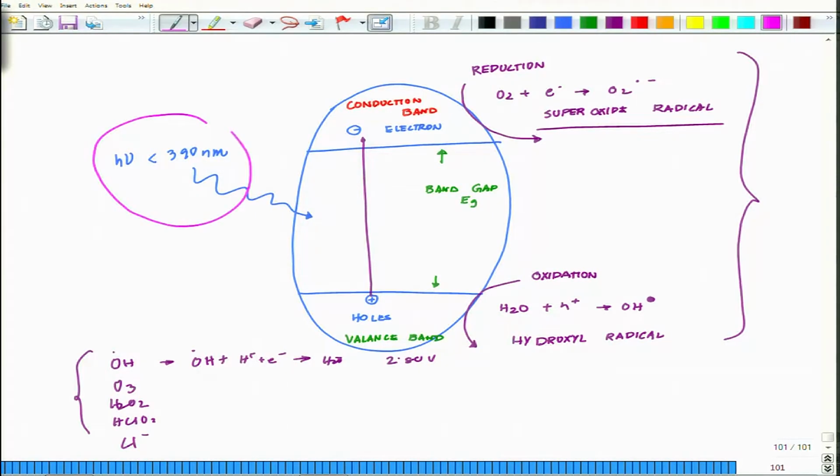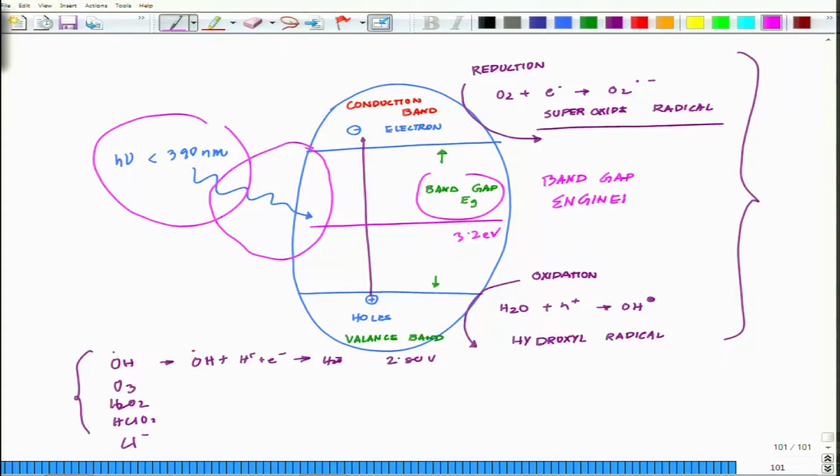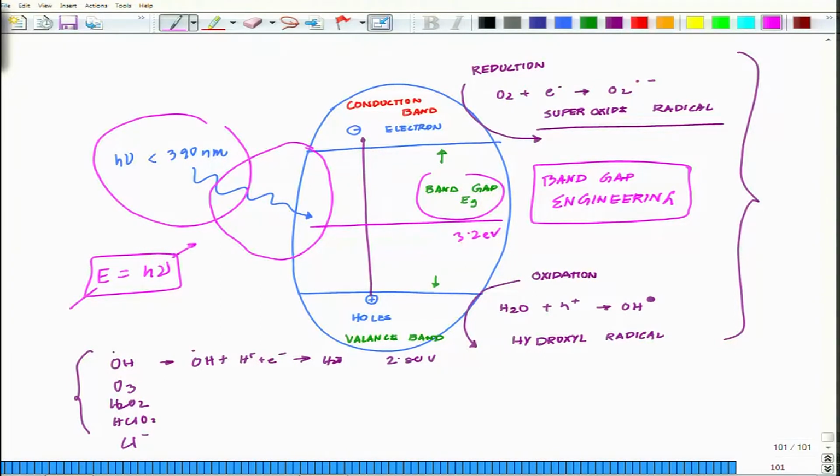People have manipulated these molecules to reduce the band gap, in titanium oxide, from 3.2 electron volt to a lower amount, and this could be done by coupling some molecule at the nano level, which falls under the whole area of band gap engineering, where you ensure that this material generates electrons at a lower energy. You do not need intense light, because if you follow E equals h nu, where E is the energy and nu is the frequency,